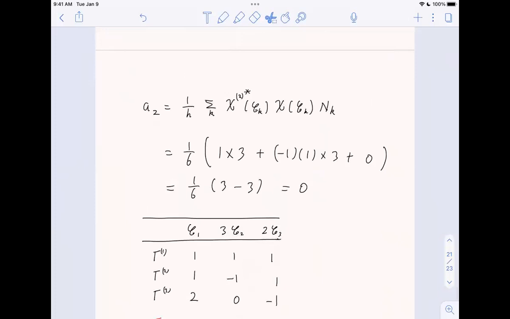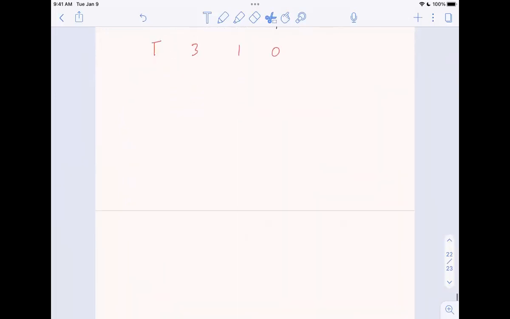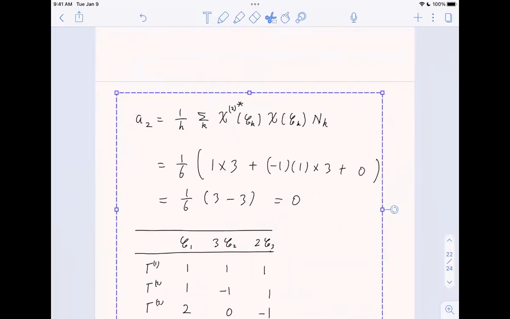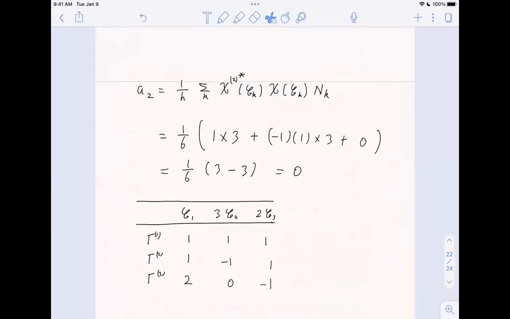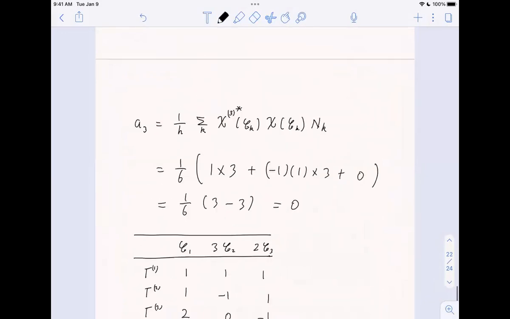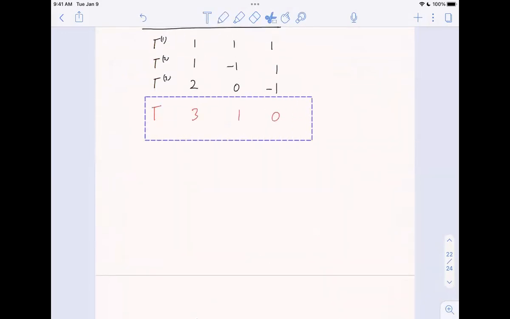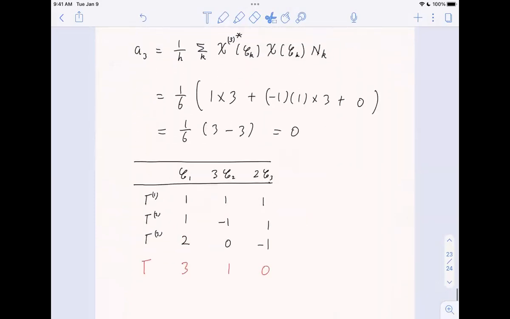Then we just do it one more time for the third one. I mean, the algebra is very simple, but I just want to demonstrate to you the procedure. Okay, so now let's go to 3. Okay, copy. So now we're gonna have